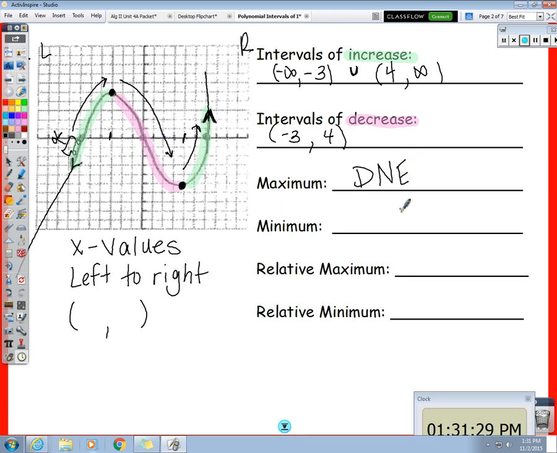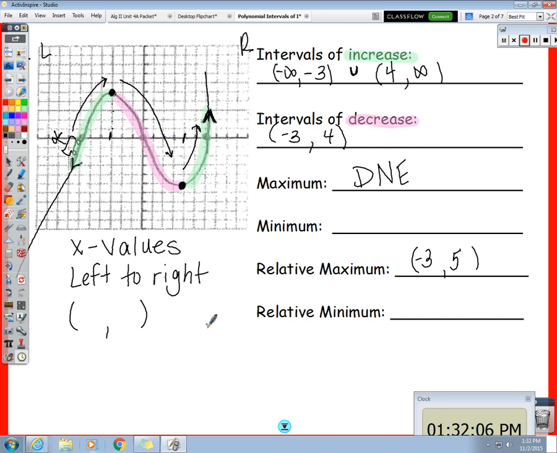Now, what Jacob was pointing at is what we call a relative maximum, the highest point in a particular section of the graph. So if we just focus in on just what we can see on this graph, yeah, that's the highest point. But that's not the maximum because we would never find a true maximum. That's a relative maximum. And what are the coordinates of that point? Five, yeah. If you go up 1, 2, 3, 4,